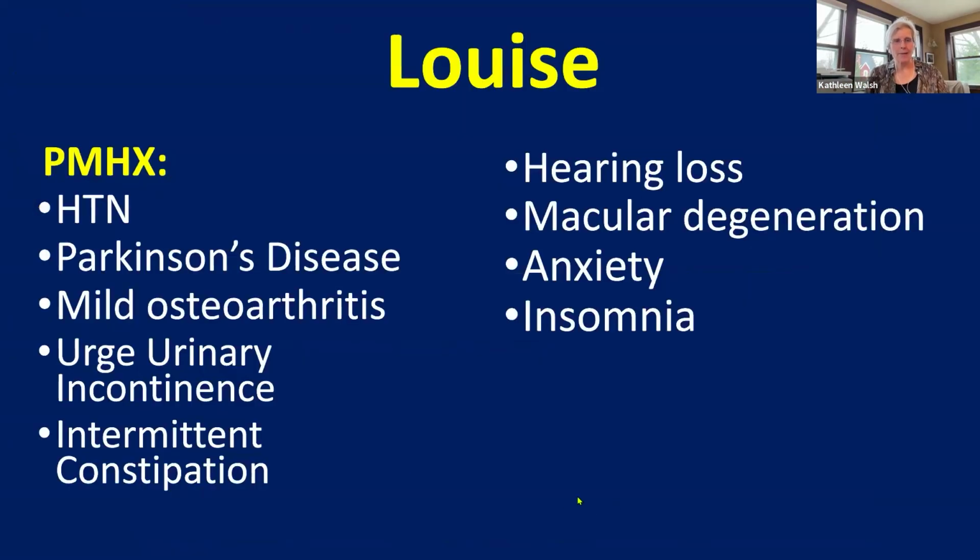And the worst part with her, when she would get up and walk around, she wasn't dizzy right away. It was usually about 10 to 20 feet when she was walking down to the dining area, or walking over to work on crafts or watch TV. And then she's like, "I'm dizzy." And then she'd feel like she's going to fall. So let's get into her history a little bit here, the next page. Hypertension, Parkinson's, which is a key diagnosis here, osteoarthritis, urge incontinence, constipation, hearing loss, macular degeneration, anxiety, insomnia. All of these are risk factors for falls, all of them.